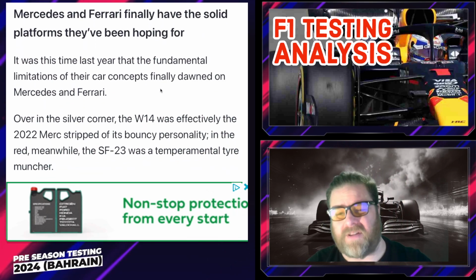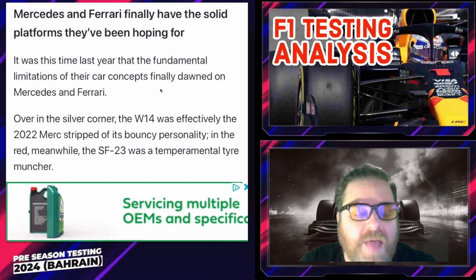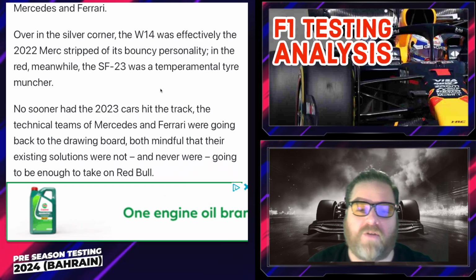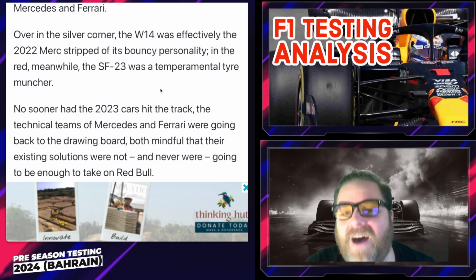This is a bit of a positive spin, I think. They finally had that solid platform that they've been hoping for. Yes, it was this time last year that the fundamental limitations of their concept finally dawned on both those teams. Over in the silver corner, the W14 was bad, and the SF23 was a temperamental tyre muncher, it says, and